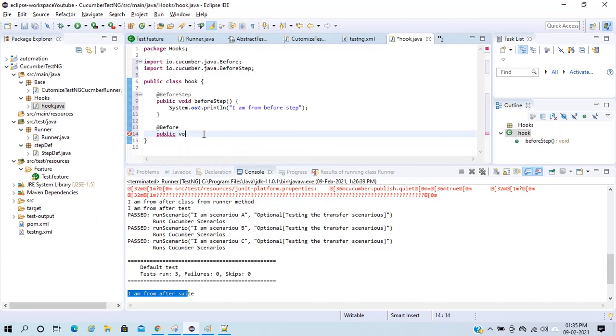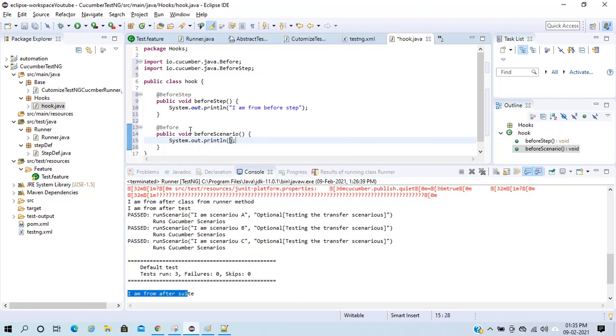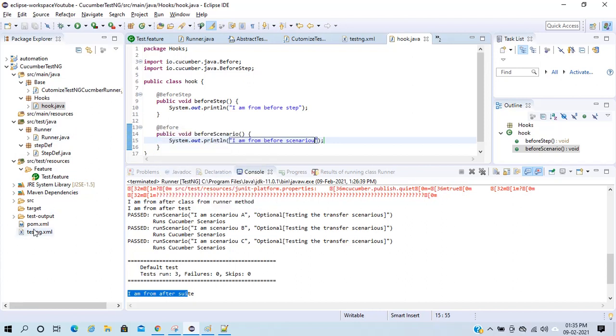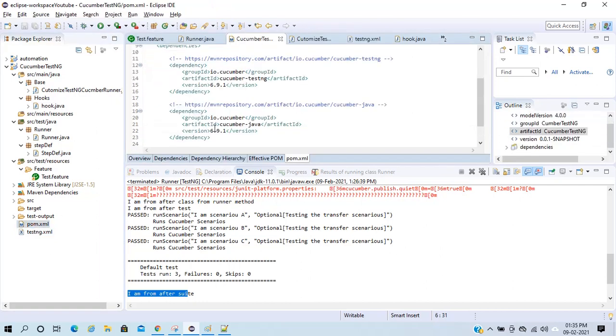There is no annotation for before scenario, it is actually Before. Public void before scenario, and I am from before scenario. This Before is coming from io.cucumber, which I have added here.